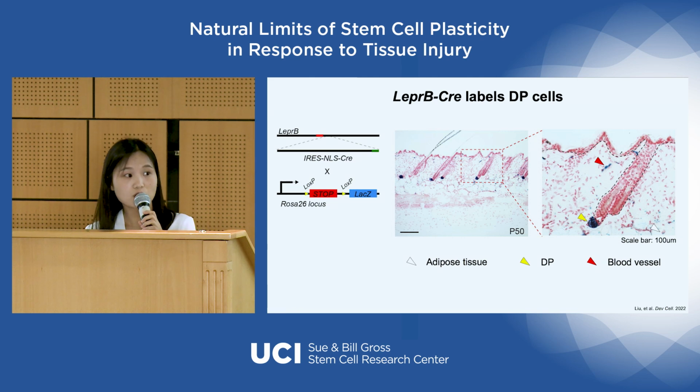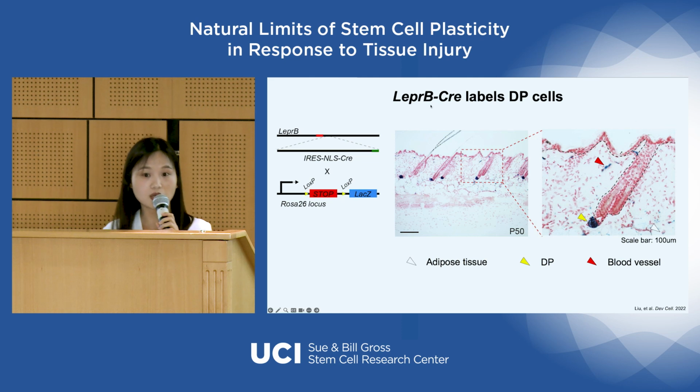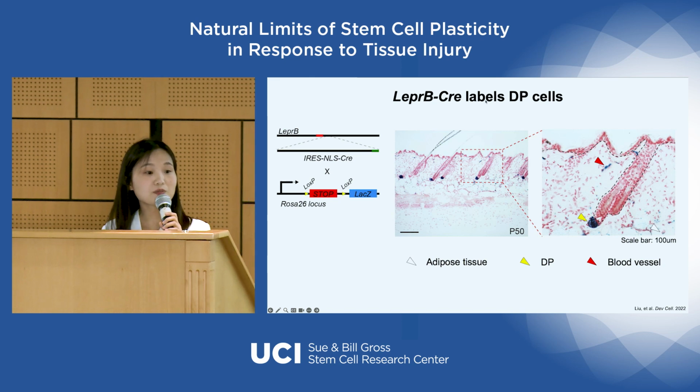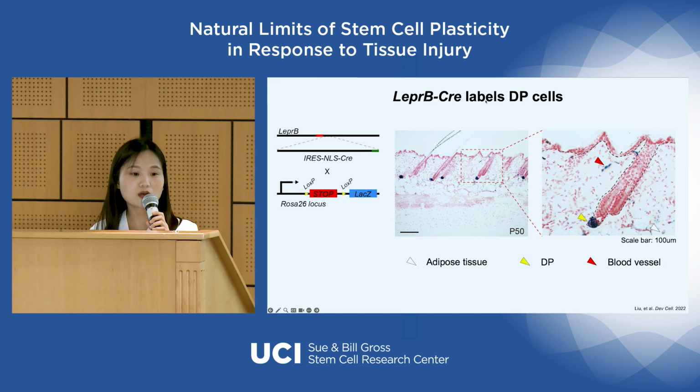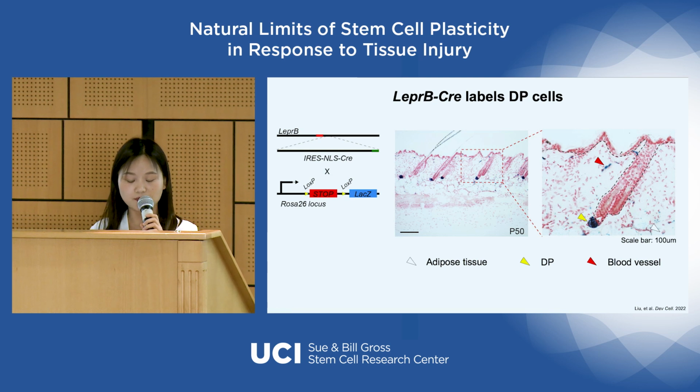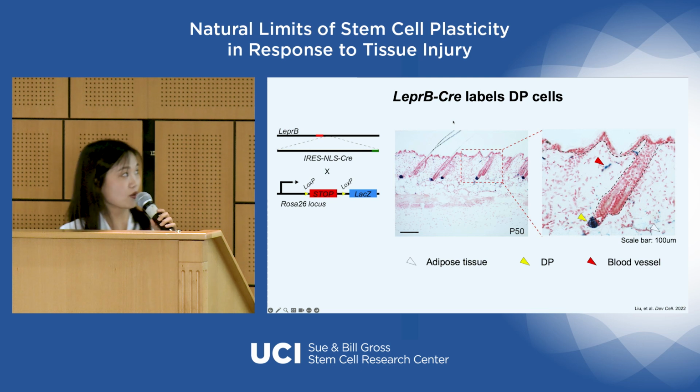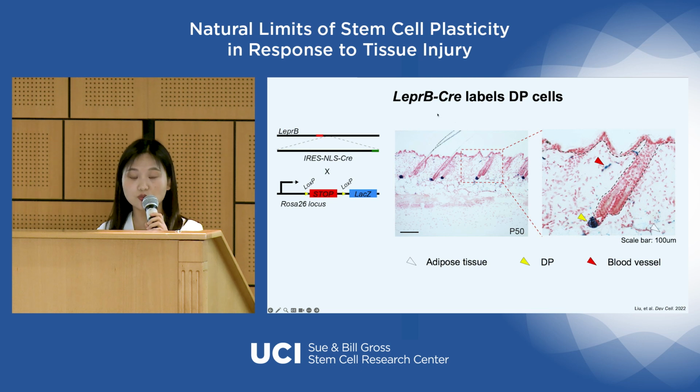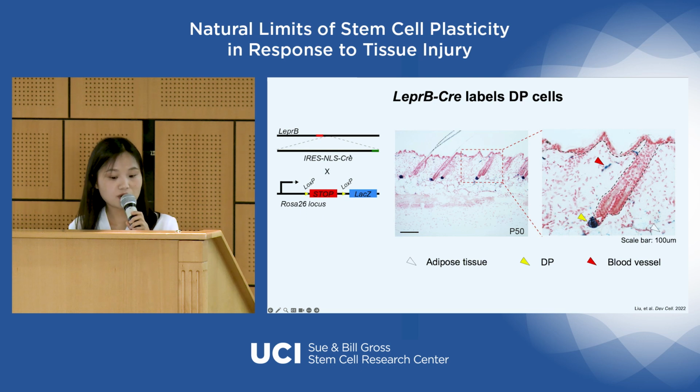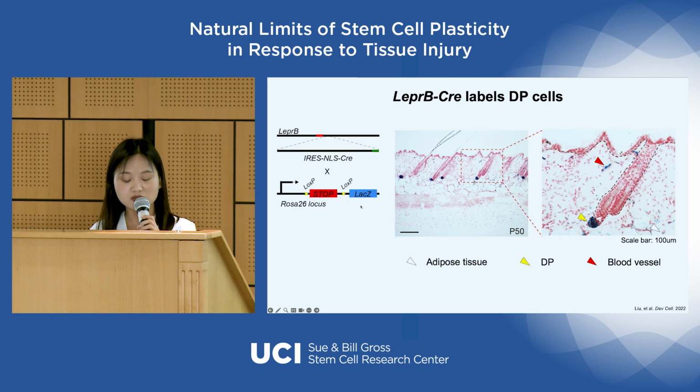Luckily, there was already a well-established Cre line called LEPR-B Cre. People often use this to study metabolism because leptin signaling is well known to be associated with body metabolism. However, the labeling pattern of this Cre line in the skin is largely unknown. So we used this Cre line and created a reporter mouse line called